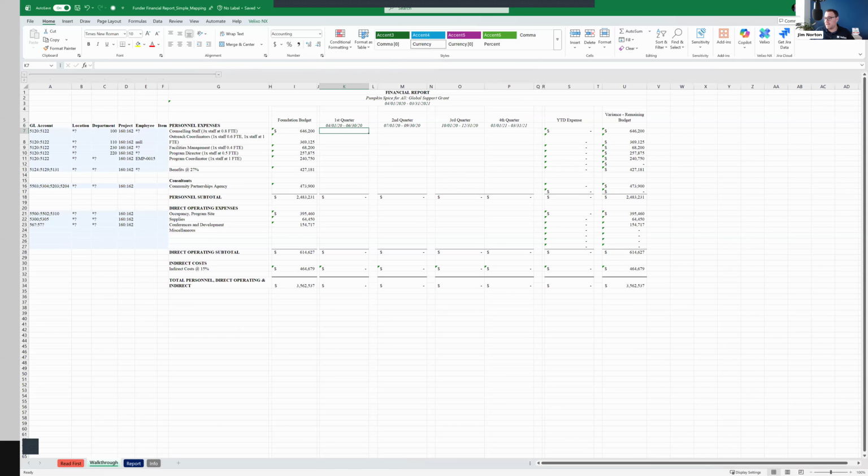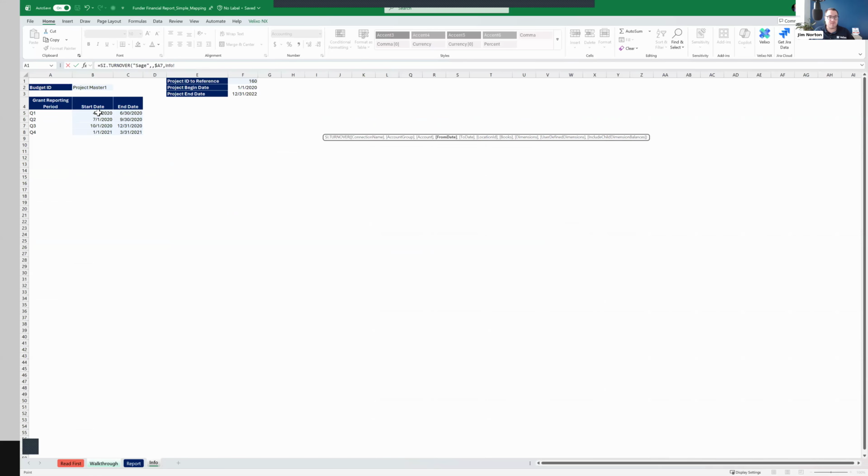Then I'm going to proceed to pull the actuals. And all I have to do to pull the actuals is use that same function that Harry showed us before, si.turnover. And I specify whatever the different arguments are. So again, I'm pulling an account from a specific spot. And then these are my quarterly columns, right? So I've got those built out for myself here on the info tab. My start date is here. My end date is here.